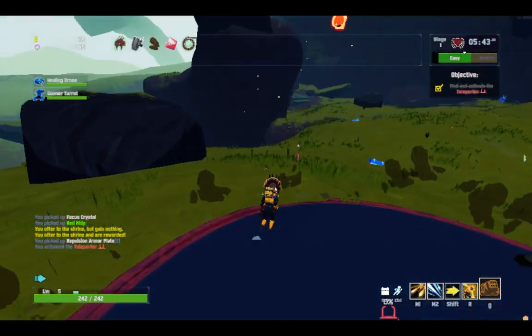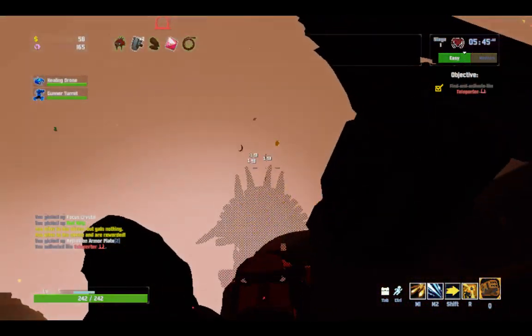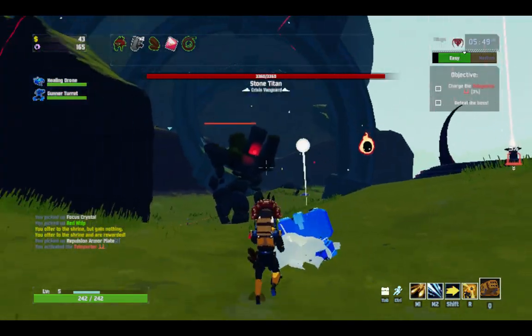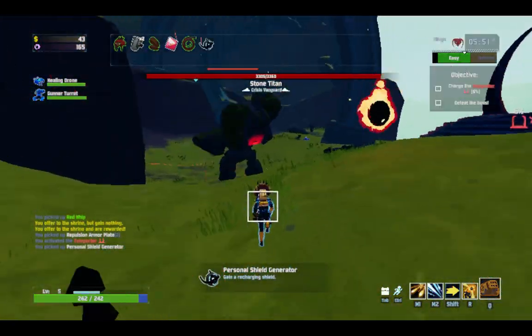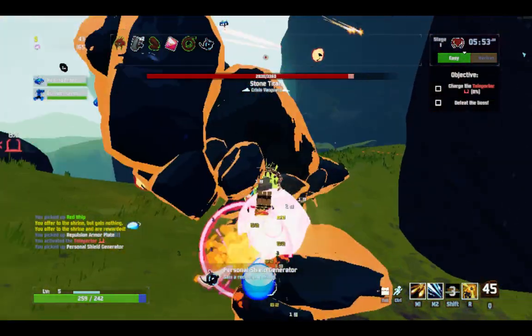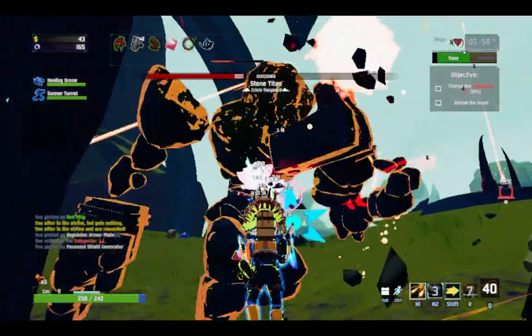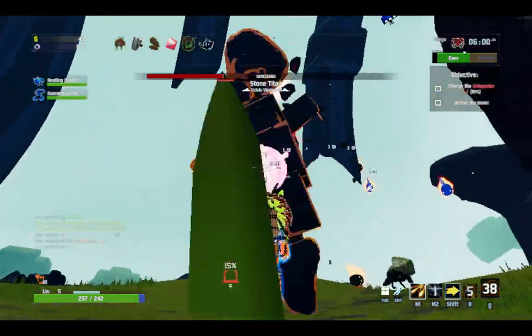Just activate the teleporter now. So I've already failed that one challenge, but I don't really mind. Goodness, I'm getting so much money. Personal shield generator, that's nice. If you stand right underneath the boss when you use the missile launcher, it'll actually,